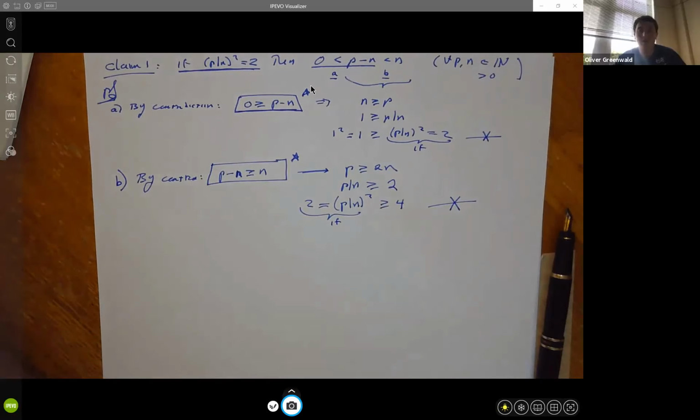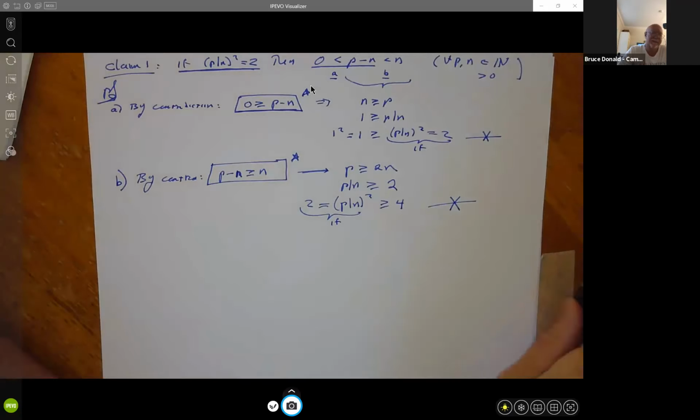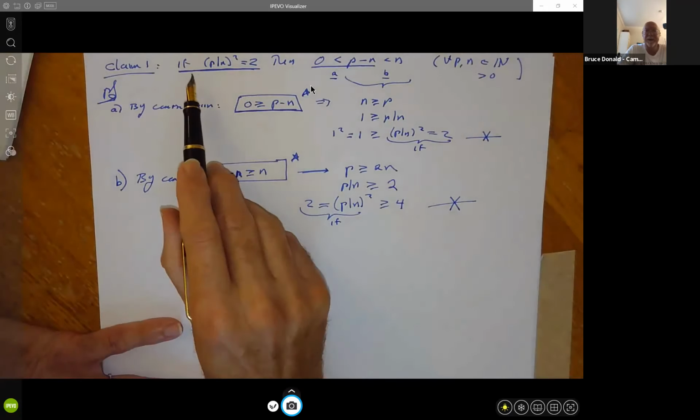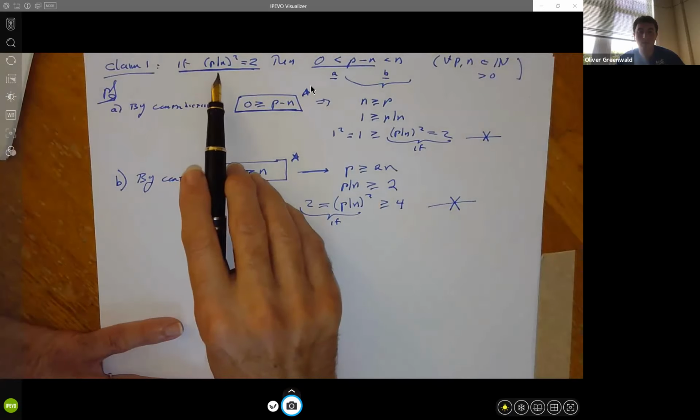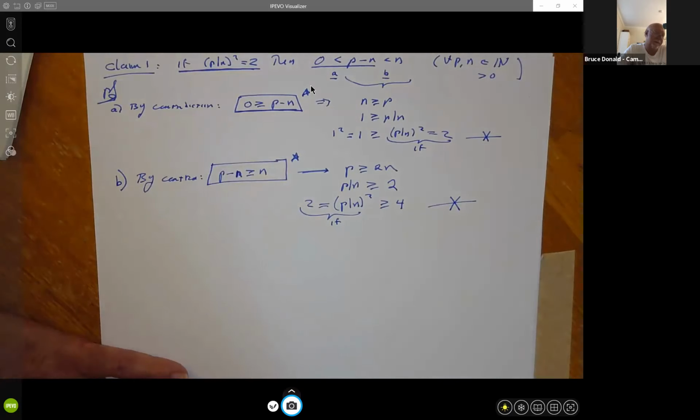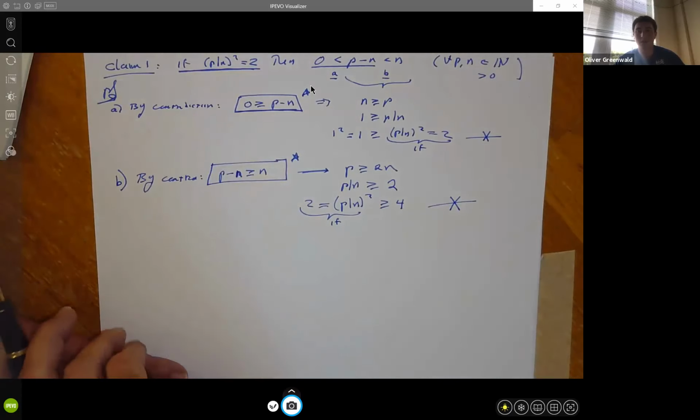Why does p over n squared equal 2? Well, it doesn't. But suppose it did. An if statement is always phrased as if something, then something else. I'm always allowed to assume the first part and see what the consequences of that are. And is there a reason you chose 2, or was that arbitrary? Well, it's 2 because